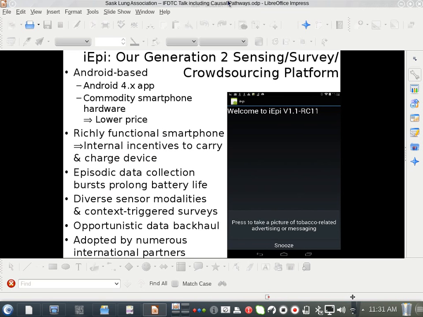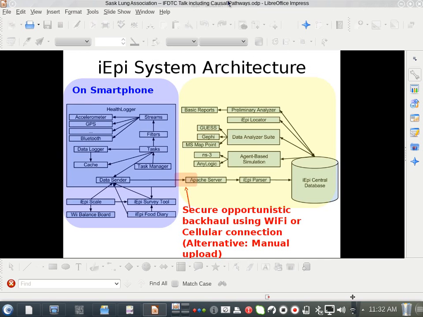And we wanted to combine these devices with analytic technologies, including dynamic models, that could provide insight into the implications for decision making. So this is a smartphone-based device that opportunistically uploads data to a server, where there's a set of analysis technologies which can be used to make sense of that data, which otherwise is a cacophony of numbers.